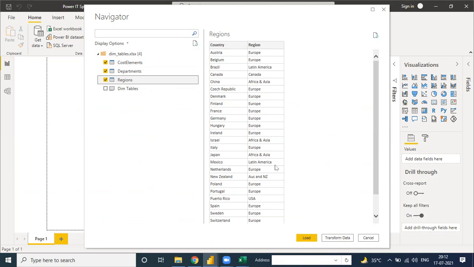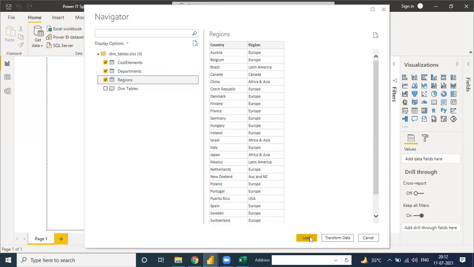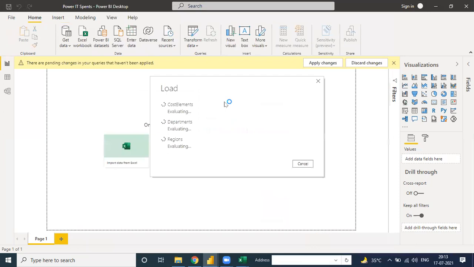Okay. Then we select, and if you need to transform some of the data, I already said that in this class we don't need to transform data because our transform lecture is coming soon. Right now we are dealing with just creating a relationship: how to create a relationship with multiple files, dim tables or fact tables. So here we select all three tables together and load directly, because we don't need to transform since all our data is in the cleanest form. So we can load our data. See, there is a field side.